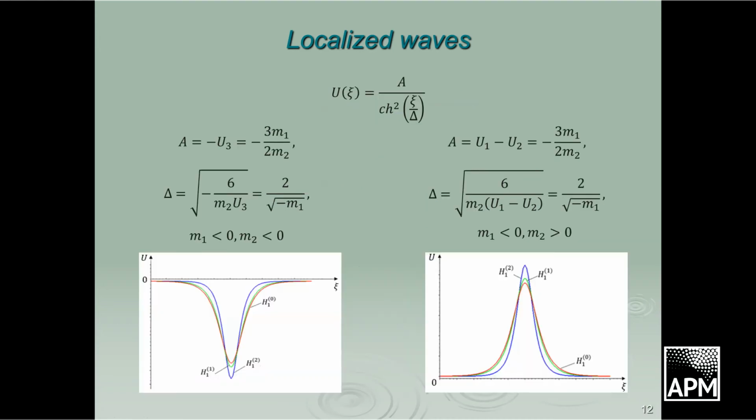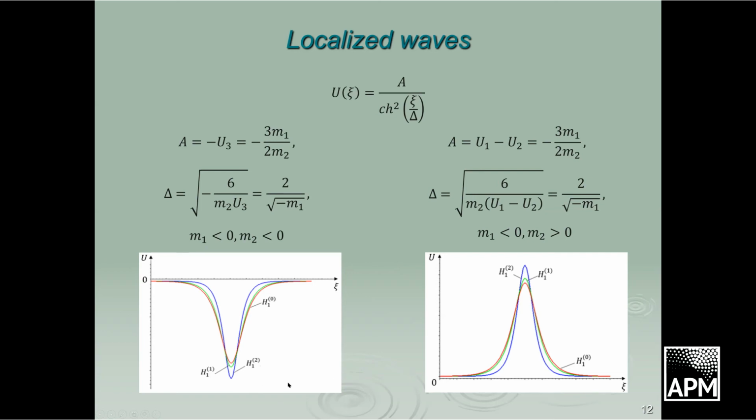The solution to this equation in this case can be either periodic or aperiodic. Aperiodic solution corresponds to spatially localized waves, or solitons. So the soliton is described by a hyperbolic cosine, and the expression is given here. If the coefficients of our equation are both negative, the expressions for the amplitude and the width of this soliton have the following form. In the picture, there is the shape of this soliton. In this case, this is the soliton of negative polarity.